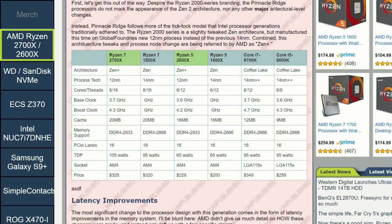There is no 2800X. There's a 2700X that is now the new flagship part, competing against that 1800X, kind of the 1700X, really. But then you get the 2600X versus 1600X. Now, what you'll see is the clock speeds are missing on the 1800X and the 1600X, but I did pull those up here. Basically what you get from the 1800X, the top end part then, to the 2700X top end part now, you get 300 megahertz. The max boost was 4 gigahertz before. It's now 4.3 gigahertz. On the 1600X, you go from 4 gigahertz to 4.2 gigahertz, and those are obviously the